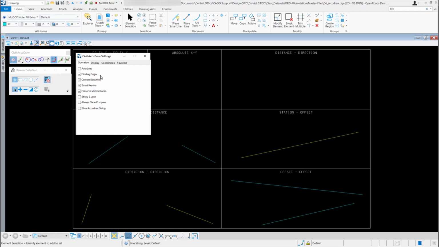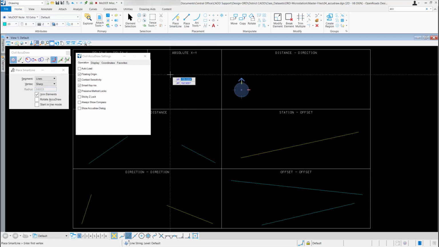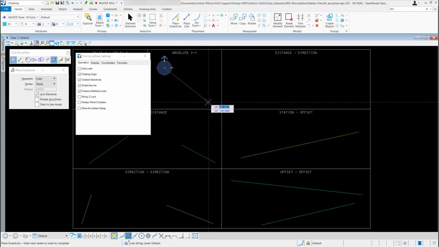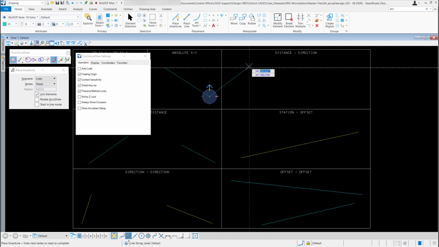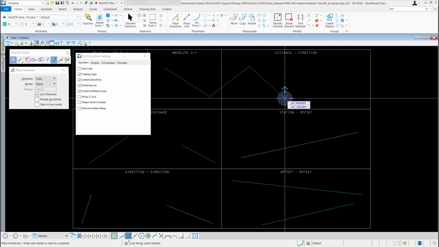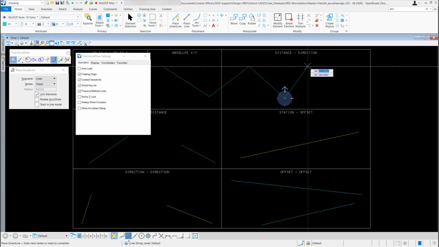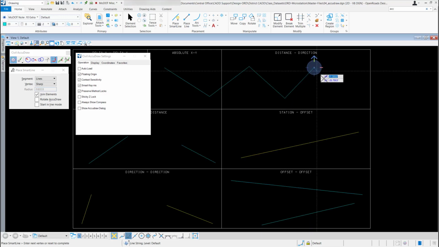The next setting is Floating Origin, and this one is checked on by default. What it does, if I were to go out and place a line, I'm just going to select my Place Smart Line tool. Since my Civil AccuDraw is turned on, every time I insert a vertex, that compass or origin is going to move with me.